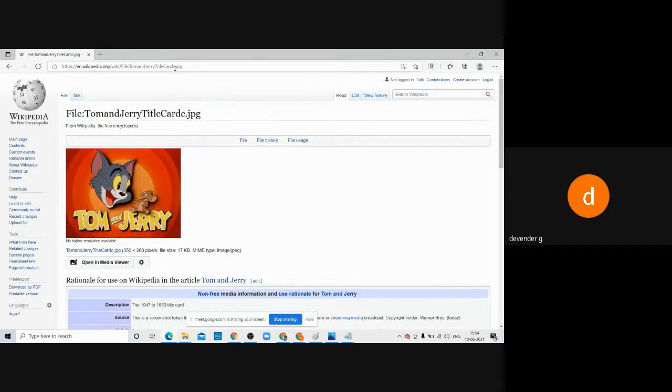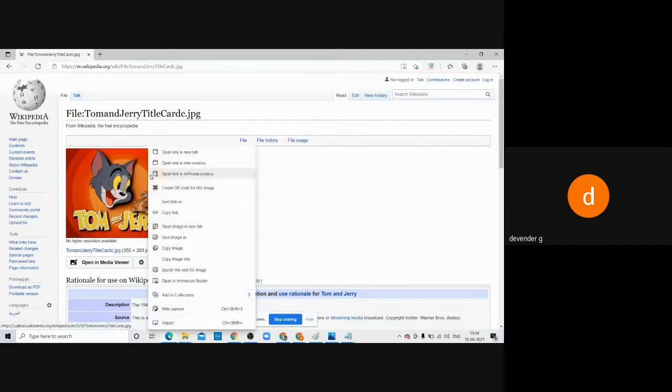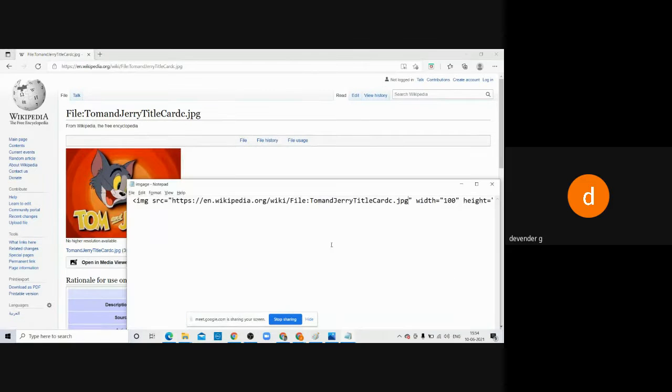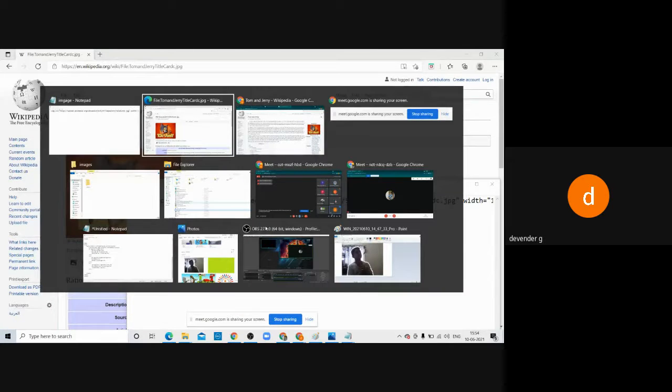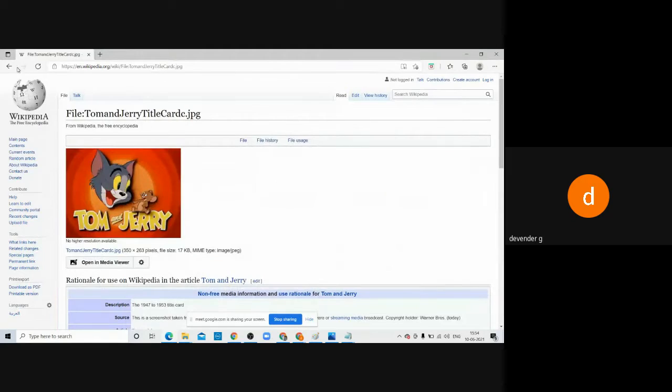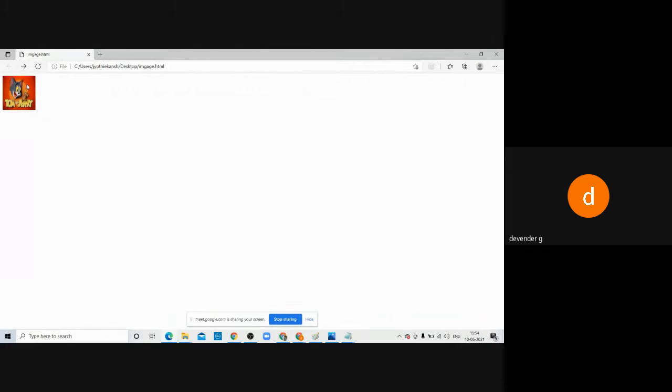We got this image here. Now see, we got the output. See, it took some time to get it. So this is the image which I am getting from the website. I have not downloaded it directly, I am pulling it from the website.